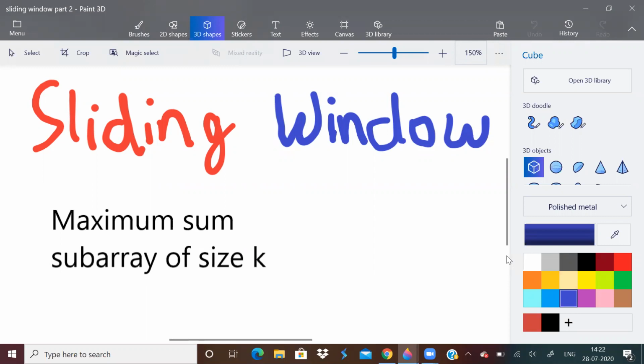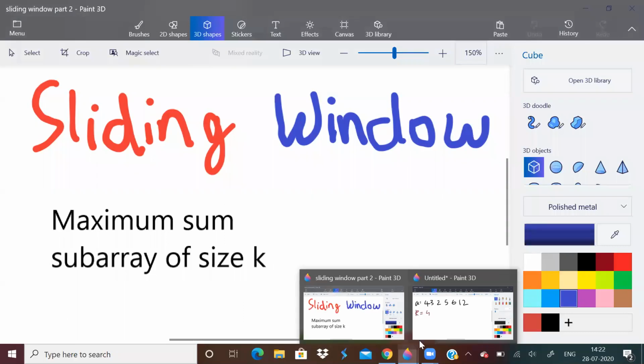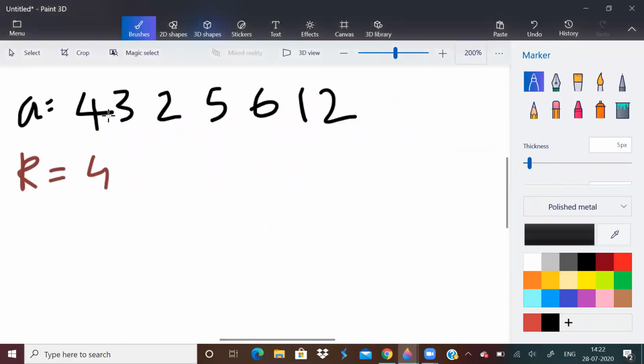So basically, you can also say it's a two-pointer method, but I would like to explain the problem in this concept only. So let us assume that there is an array A of size 7, that is 7 elements, and these are the elements, and suppose k value is 4. So we need to find the maximum sum of a subarray having size 4. Now let us quickly find out what are the subarrays of size 4.